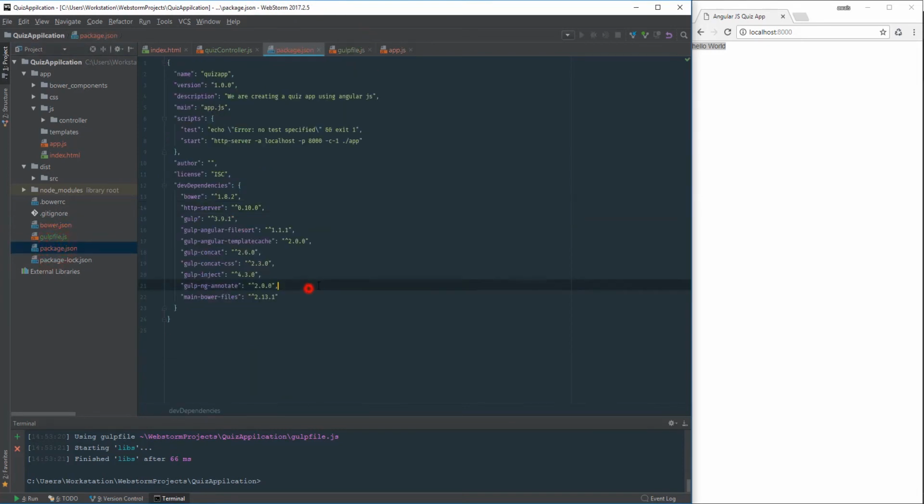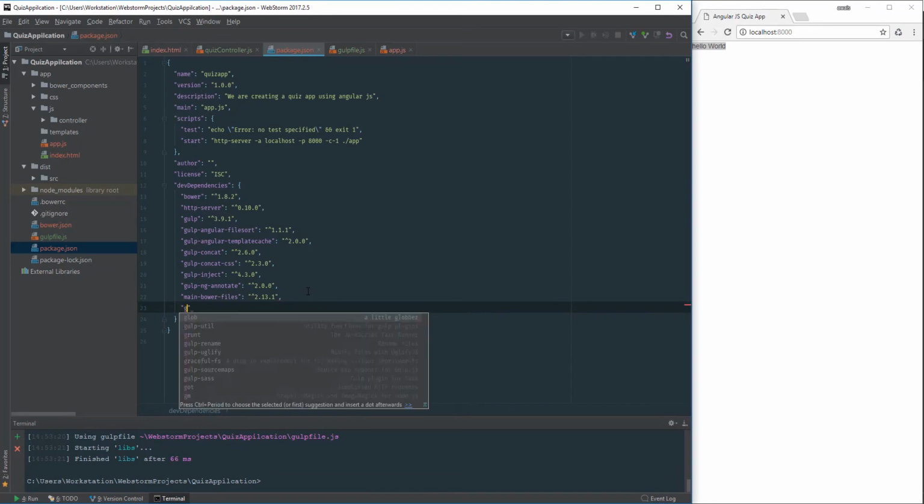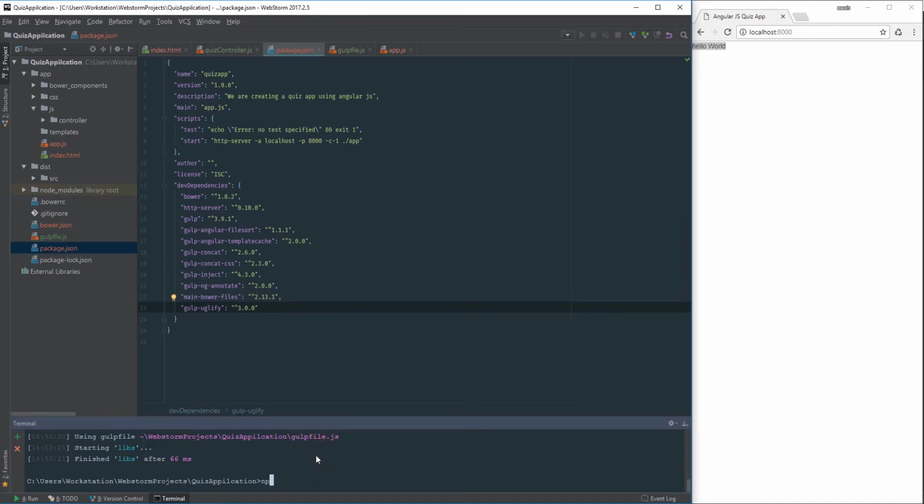There you go, there is our package.json file, and here we have a package to install. It's called gulp-uglify, and the top version is 3 point something. So to install that, we need to go to the terminal, and we just say npm install,